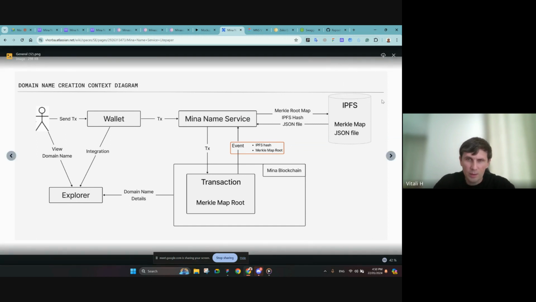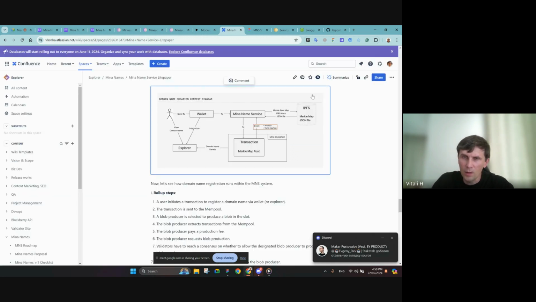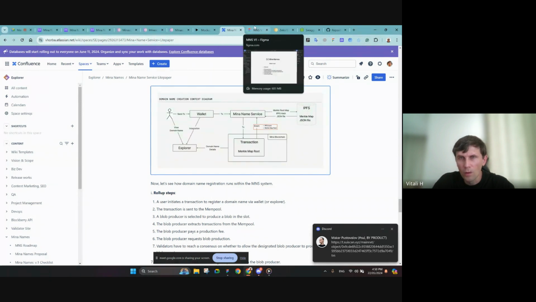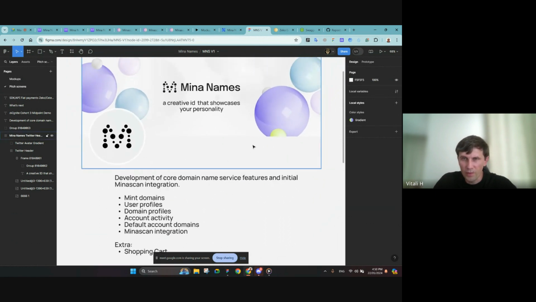So yeah, it's really a separate part of the explanation, but in general it's really simple, right? Right now we are focusing on providing all this functionality.